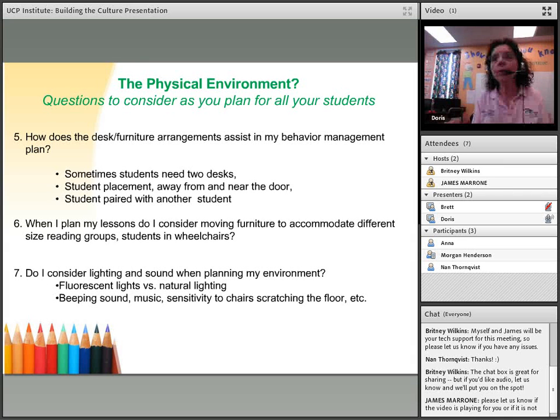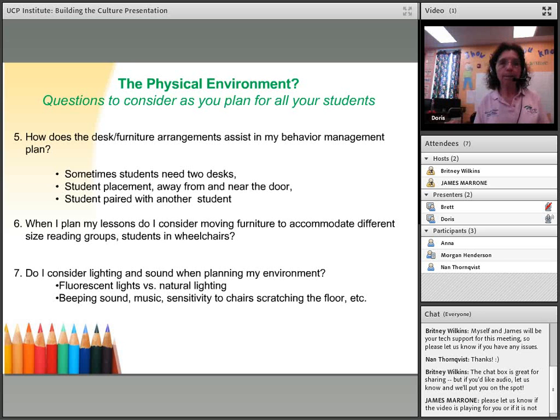Sometimes a child needs to be placed away from the door, and sometimes a child needs to be placed near the door, and sometimes a child needs to be placed near the bathroom. And so all of those things are things that you think about every day, and every time you plan a new lesson or a unit, or every time you get a new child in your classroom. And where your combinations are. How should you pair students